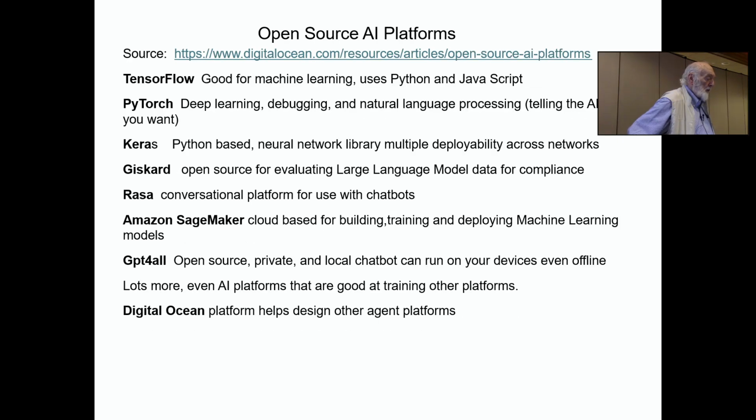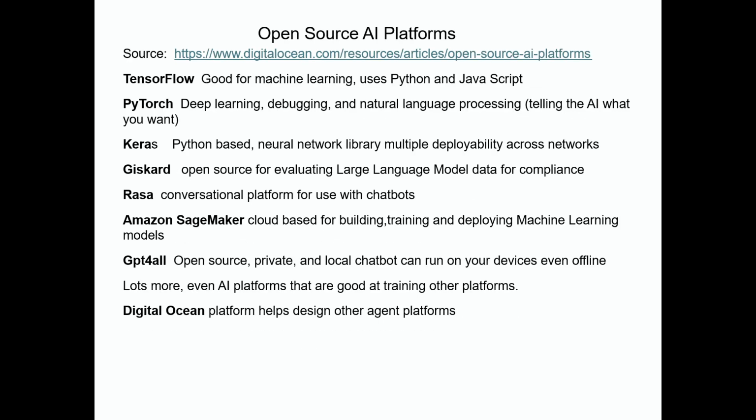There are a bunch of open source platforms. TensorFlow, good for machine learning, uses Python and JavaScript. PyTorch, deep learning. Keras, Python-based. Giskard, open source for evaluating large language model data for compliance. Rasa, conversational platform for use with chatbots.